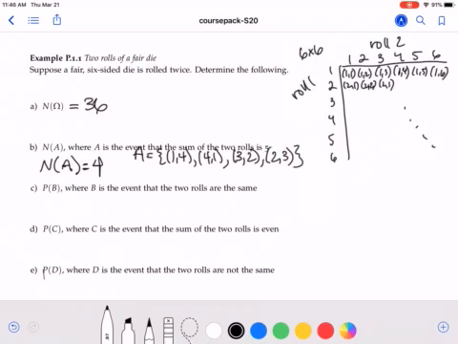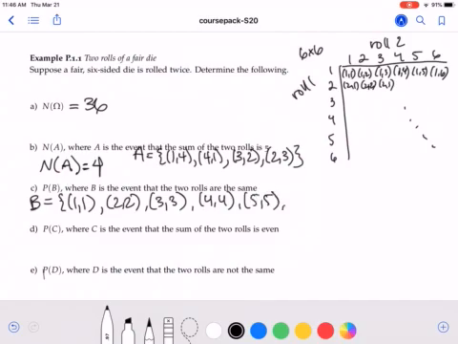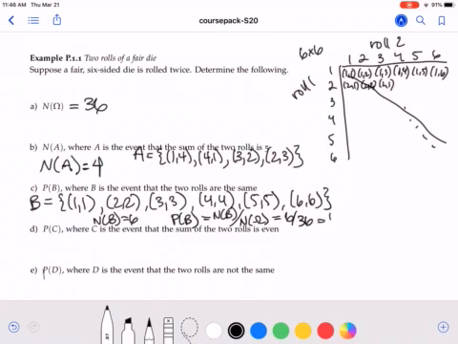In C, we're asked for the probability of B, where B is the event that the two rolls are the same. In order to have the two rolls the same, we could have a 1, 1, a 2, 2, a 3, 3, a 4, 4, a 5, 5, or a 6, 6. So from our grid, these are on the diagonal here. The number of events in B is 6, and we can get the probability of B by taking the number of events in B out of the total number of possible outcomes. So we end up with 6 out of 36,